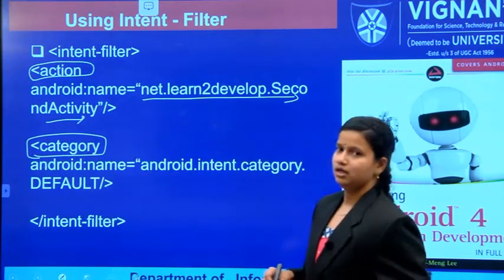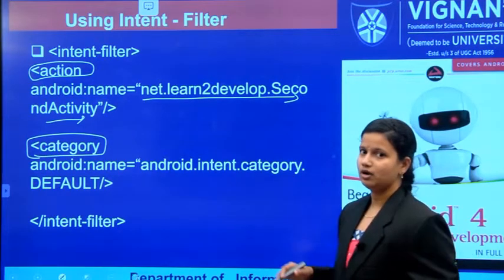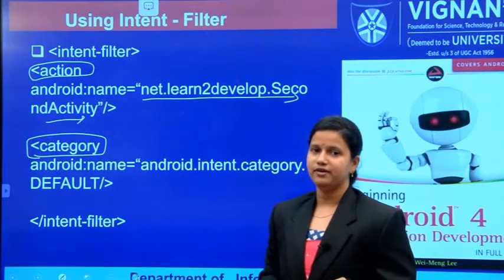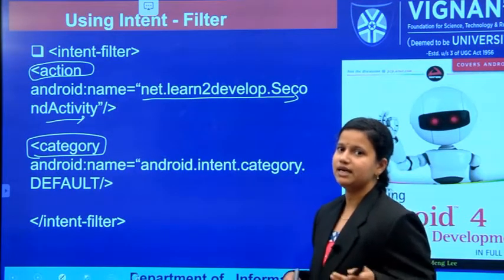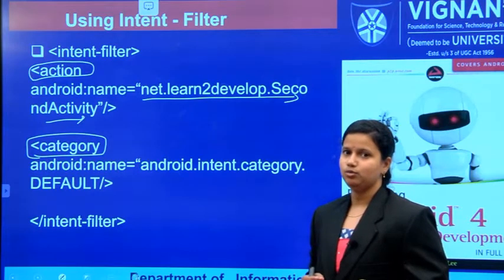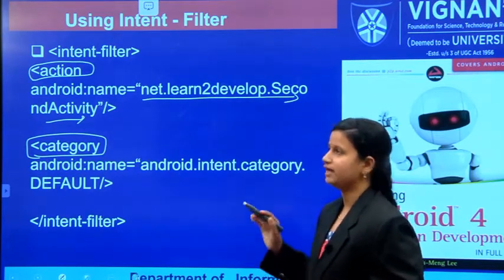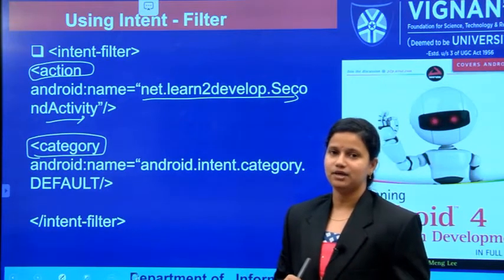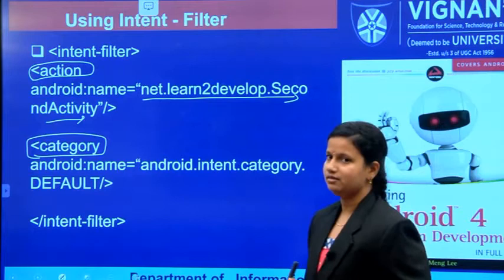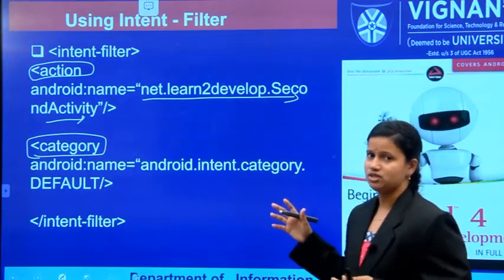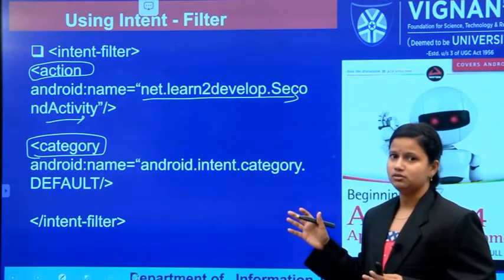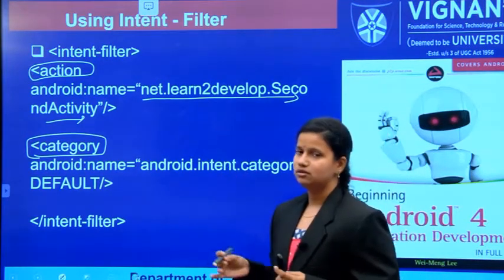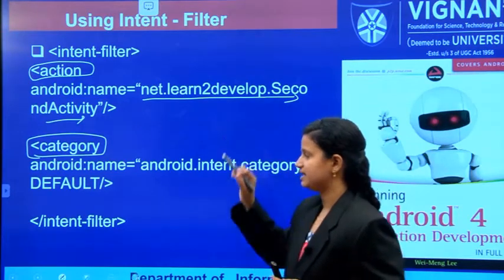From other applications, what is the name used to access this activity? If you are in another application and have to access this activity, which name will you use to go to it? That name is provided in the action tag.